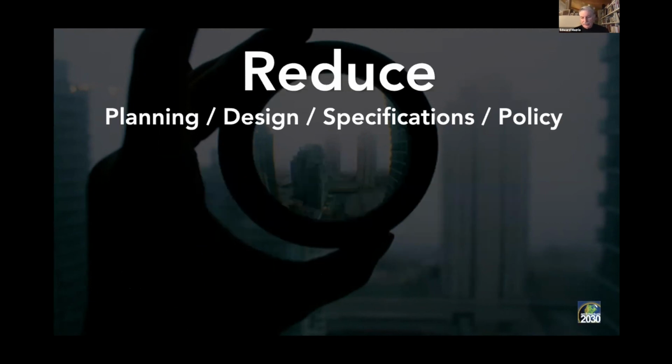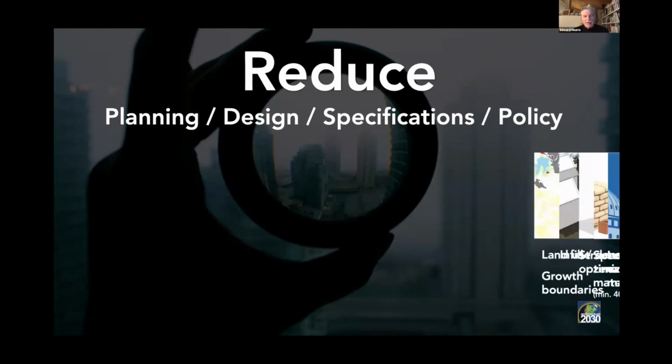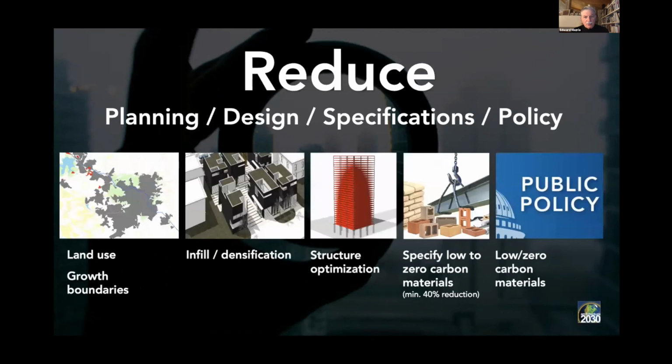Reduce is also, again, a planning, design, specifications, and policy issue. And by planning, we mean everything from growth boundaries, compact communities, infill, and density, so we're not taking up all this land; optimizing structure, so we're not overusing materials; specifying low carbon or zero carbon or carbon positive materials. We're calling for a minimum 40% reduction in the carbon of any material that's specified, and then policies to basically move low carbon materials out into the marketplace. And sequestering,